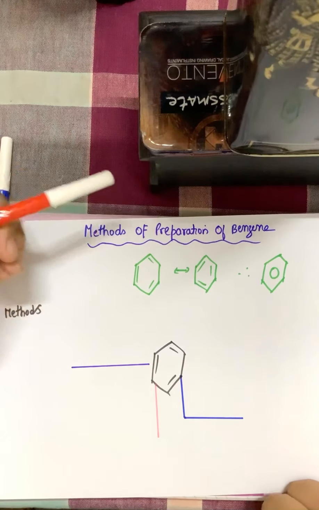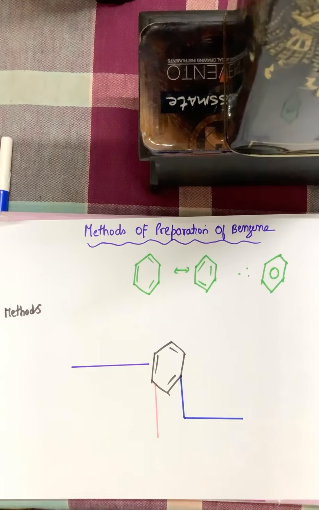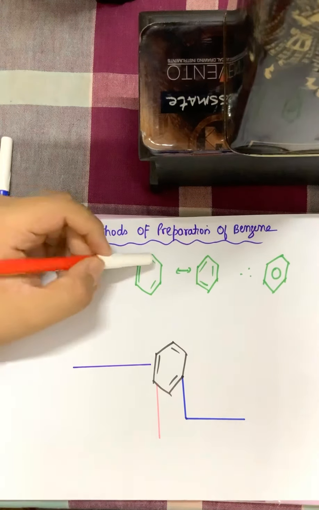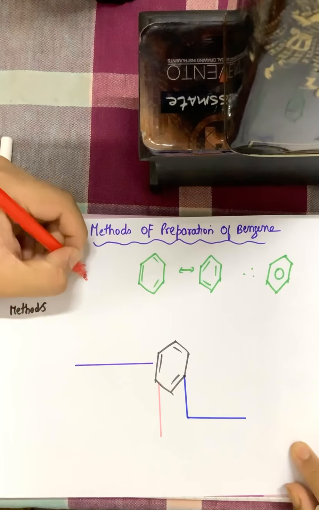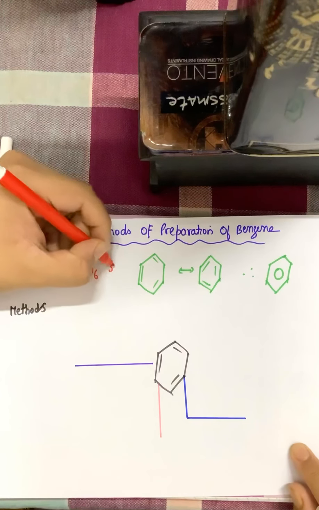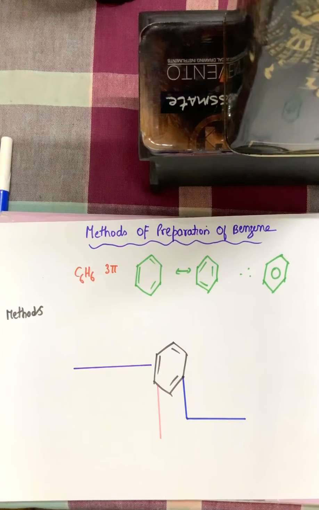Benzene is a cyclic aromatic hydrocarbon which has a special aroma, and it is made up of the molecule called cyclohexane, which has 3 double bonds in it, which transforms into benzene. The molecular formula of benzene is C6H6 and it has 3 pi bonds. Now double bond means one bond is sigma and the second bond is pi, so it has 3 pi bonds. Now a very important feature of benzene is that the double bonds in benzene are delocalized.